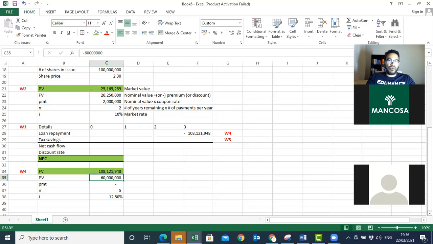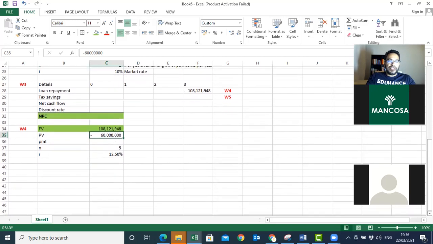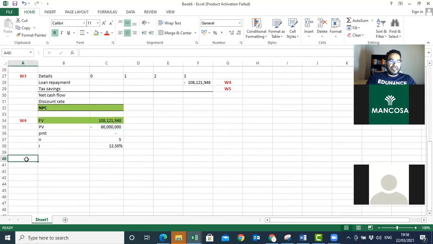Now you're going to work out the tax savings. The tax savings in terms of Section 24J is as follows. We must calculate interest. So interest equals present value